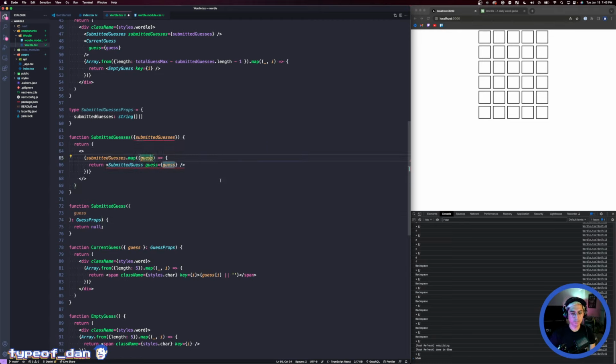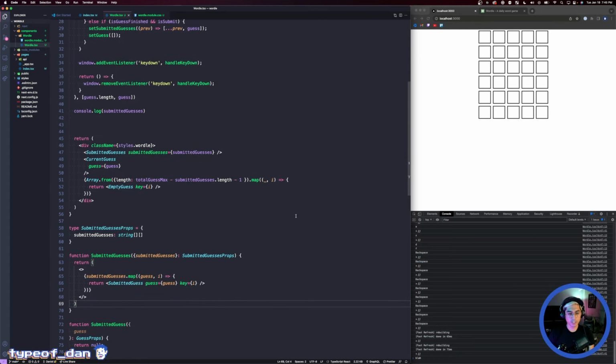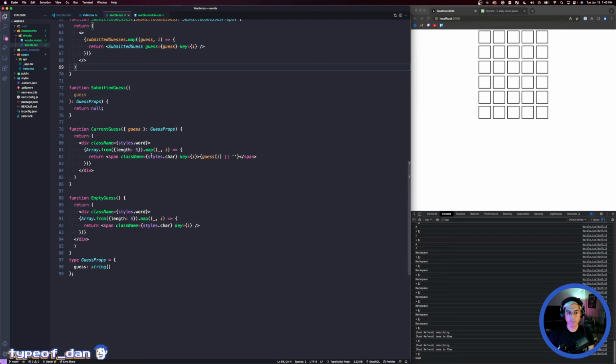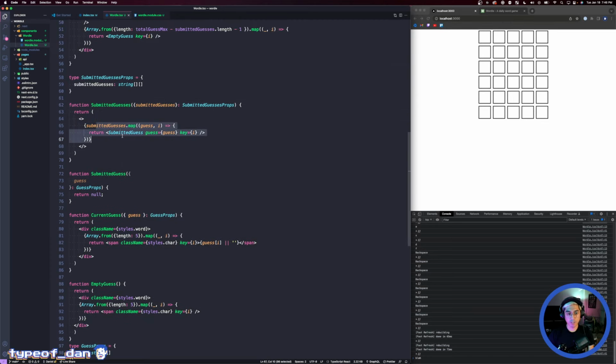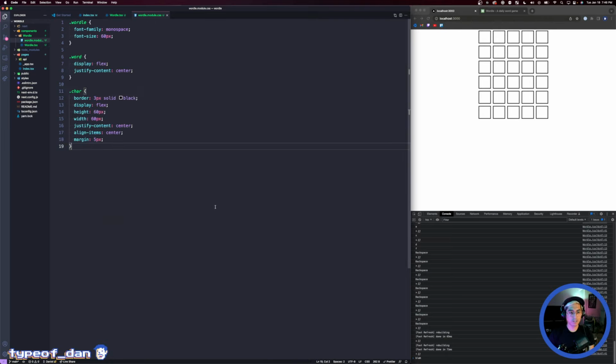So this needs a key, and I know that I shouldn't be using indices for keys, but sometimes you have to because there's literally nothing better. So guess is a string array. Actually, I shouldn't need to type that if this prop type is correct. Amazing, cool. So when I submit a guess, we are going to render submitted guesses, which is going to map over all the guesses, and then render a submitted guess, which let's make some styles just to differentiate this. So let's say